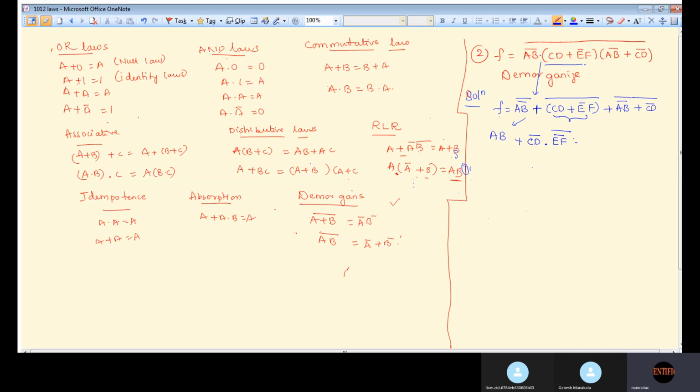Again, keep applying to each term one by one. AB bar whole bar, so the plus is converted into a dot, CD bar whole bar. Next, again AB plus CD bar, into EF plus AB into CD. So finally what you will write is AB plus